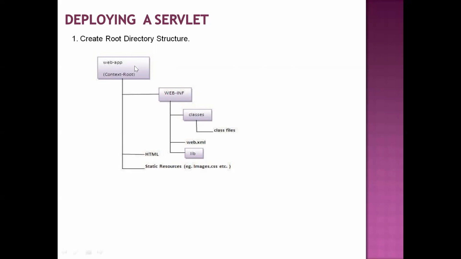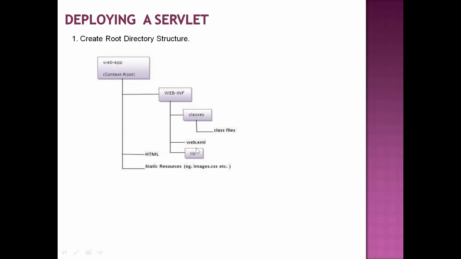Inside this root directory, we need to create one more folder with the name WEB-INF, which indicates web information. Compulsorily, this name should be in capital letters. The root folder name can be any name, but whatever structure you create from now onwards uses the same names, so we need to follow the same structure. Inside the WEB-INF folder, create one more folder with the name classes, and in WEB-INF itself, create another folder named lib.